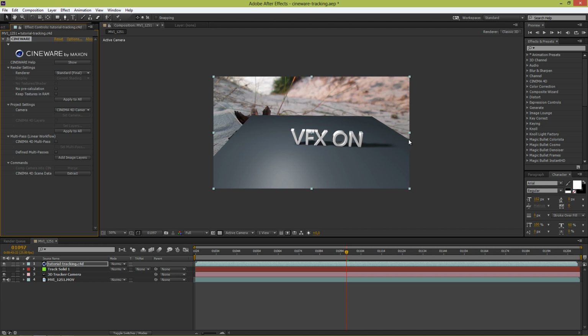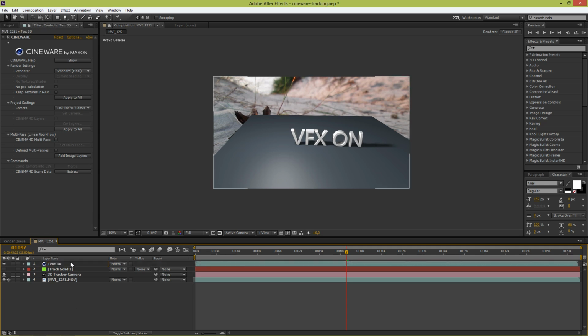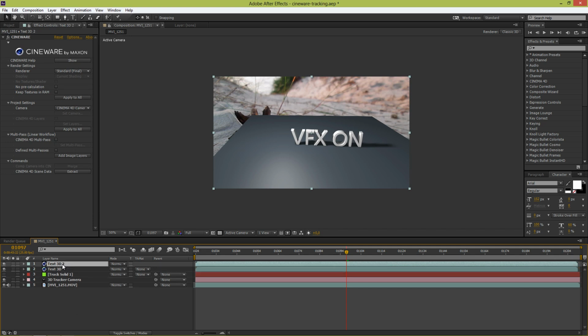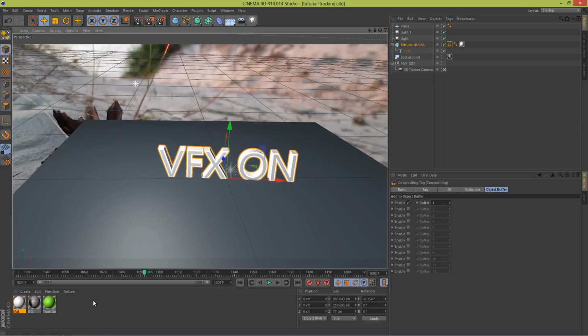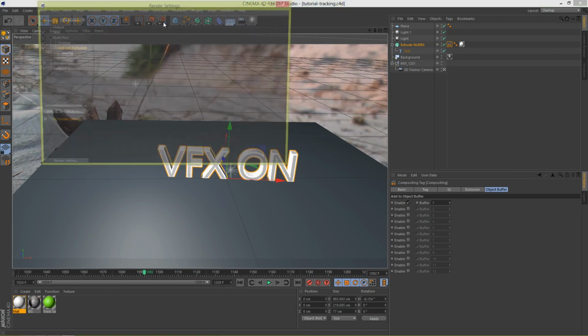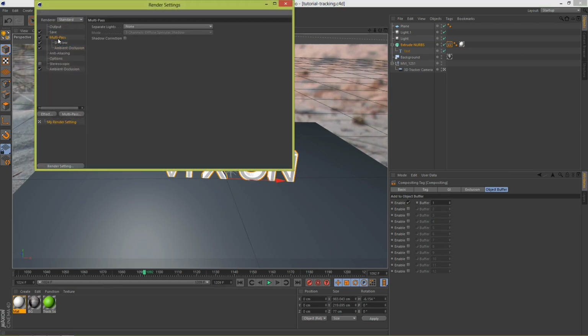Well, it's not needed obviously, and it ruins the shot, so we need to get rid of it. First of all, I'm gonna rename this to Text 3D, duplicate this layer, rename it to Text 3D Matte. And okay, now back in After Effects, let's go to Settings, Multipass, and right click